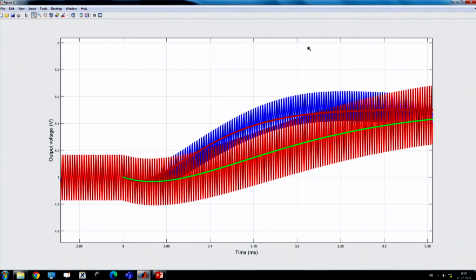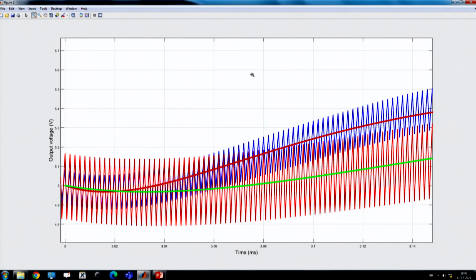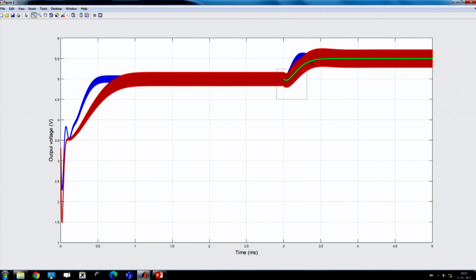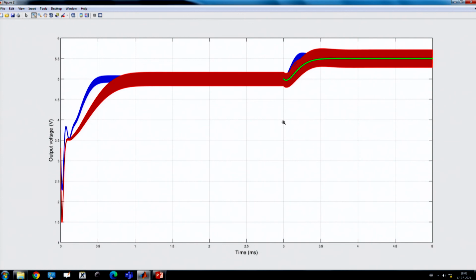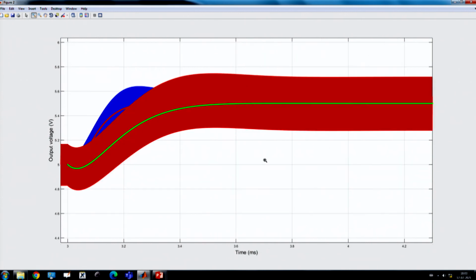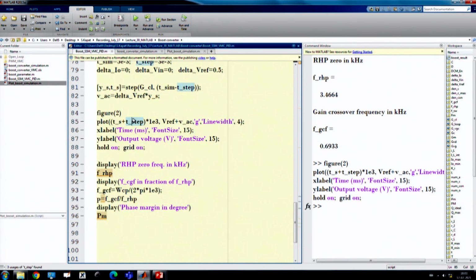The first one, if we take the blue one, where the right half plane 0 location becomes farther, so it is even farther. So, it becomes much slower and this bandwidth becomes slower, so that means we can simply compare without switch simulation from this plot.